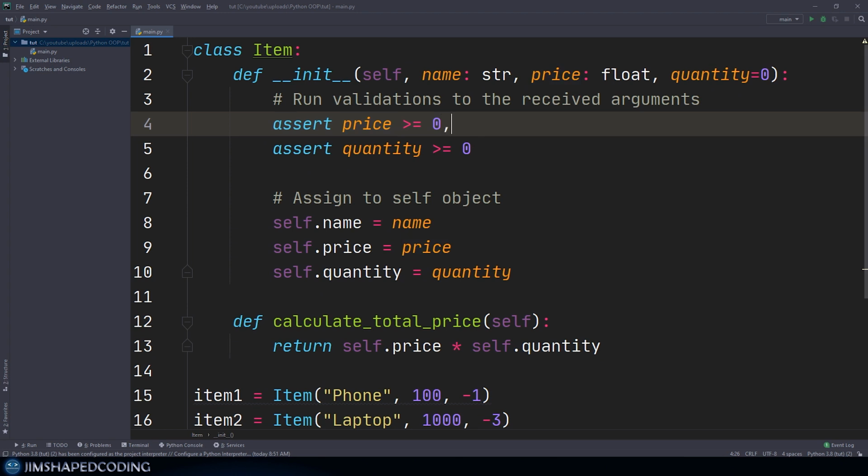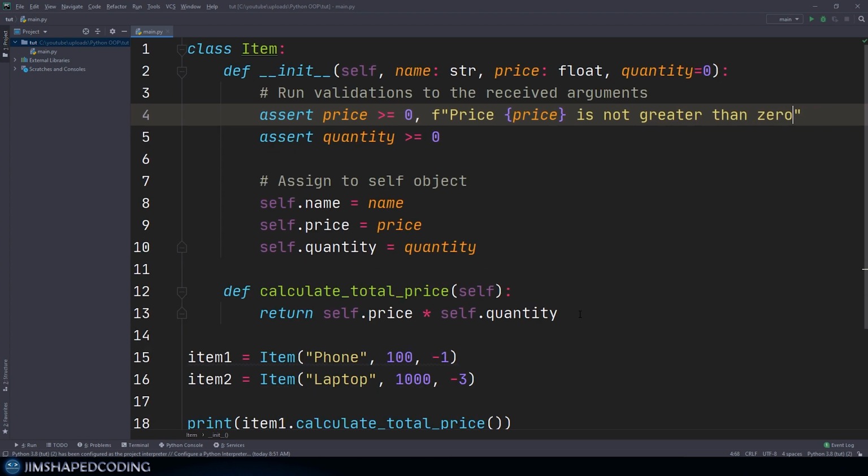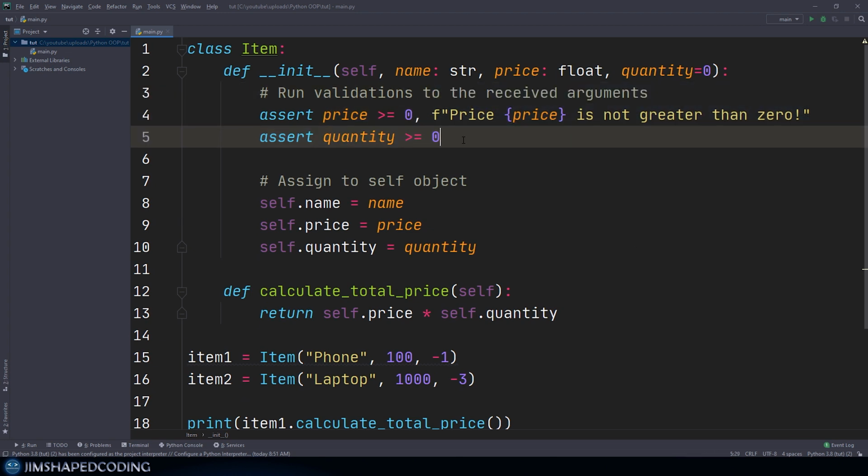But if we say here comma and use a formatted string, I can say price and then refer to the value of it is not greater than 0, like that. I can add an exclamation mark here, and use the same thing: copy that with a comma, paste it in here, and change this to quantity,